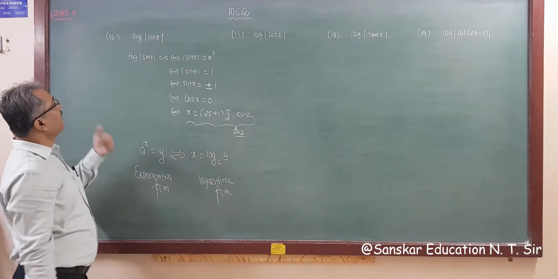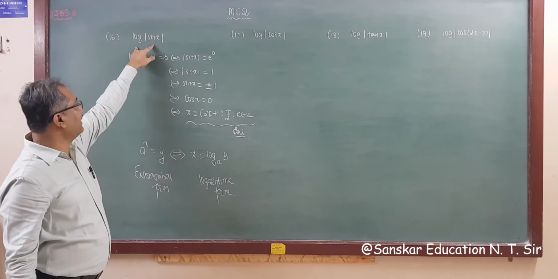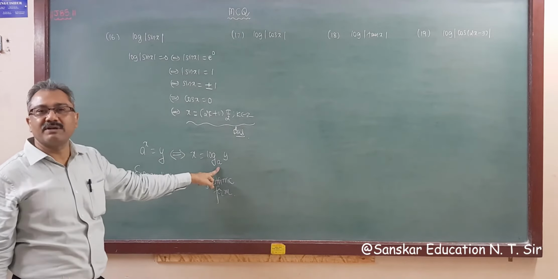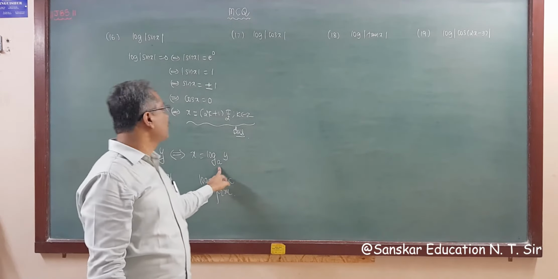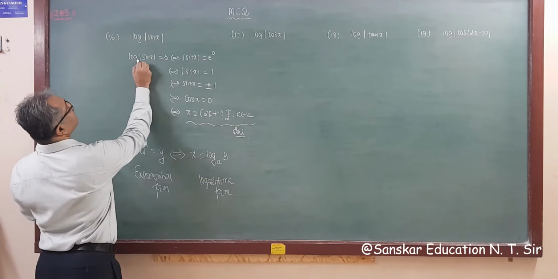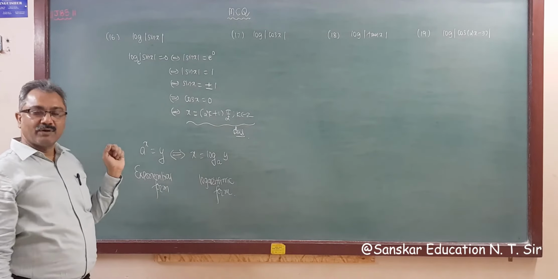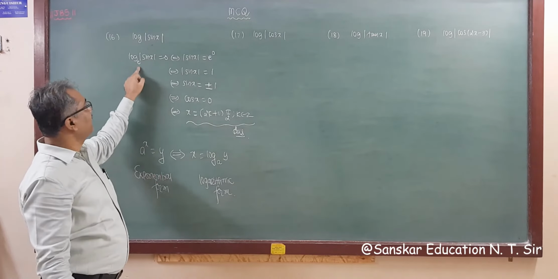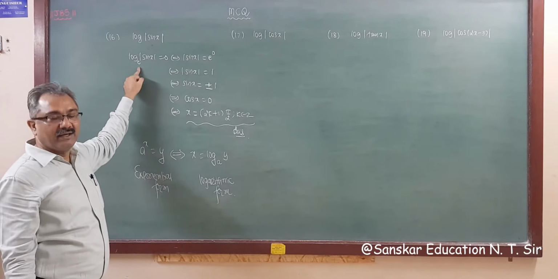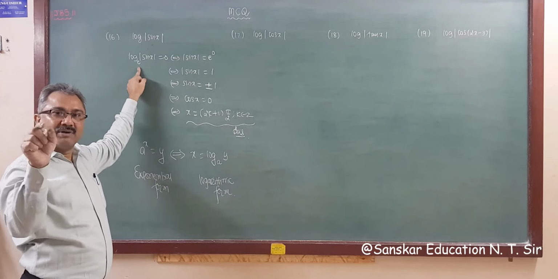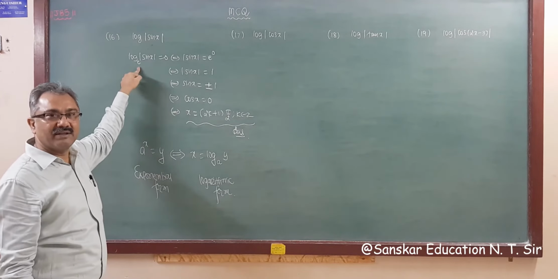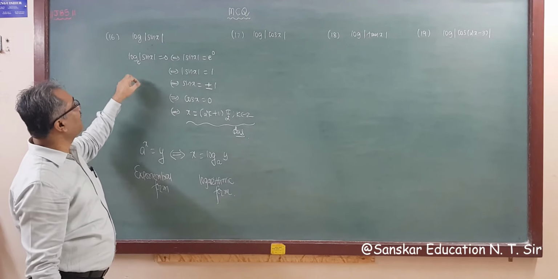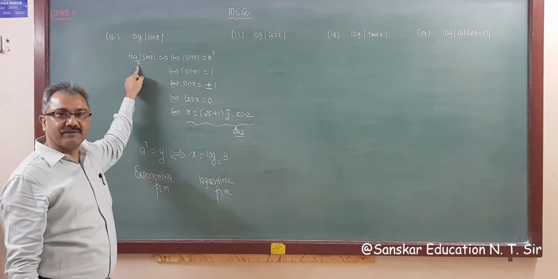Right? So it is given in logarithmic form, and in logarithmic form, if the base is not given, then you have to consider the base as e. So here the base is not given, so we are considering base as e. Whenever the base is not available, you have to take base e. If any number is given, then you have to take that base. If not given, then consider the base is e, right? And there is no need to write base e if it is not given, right?